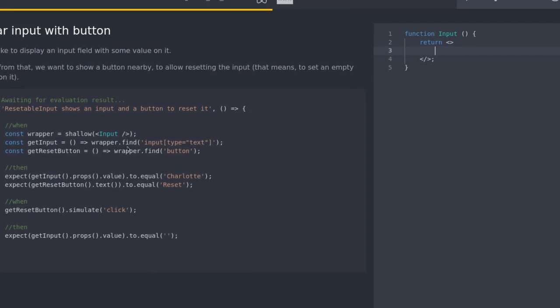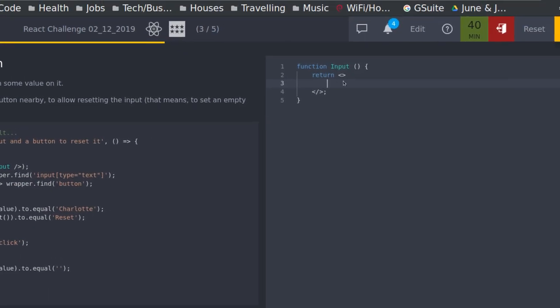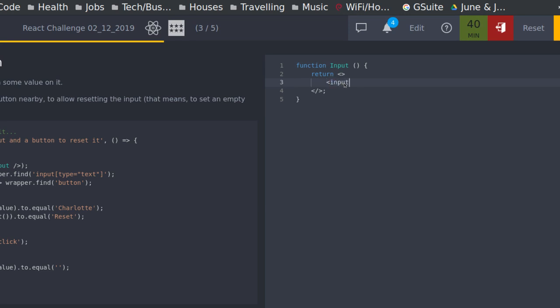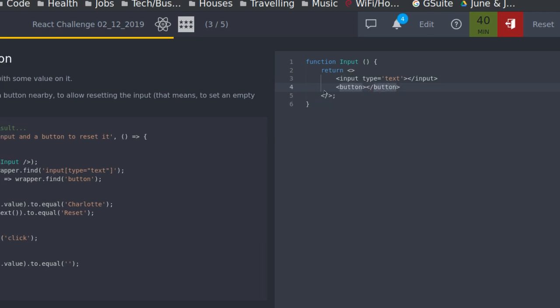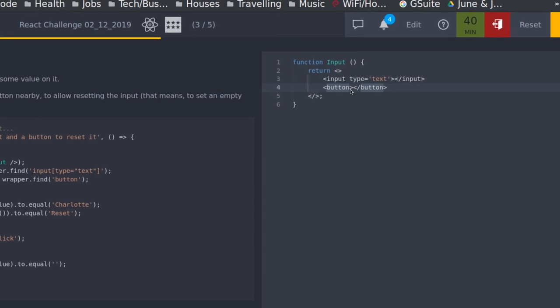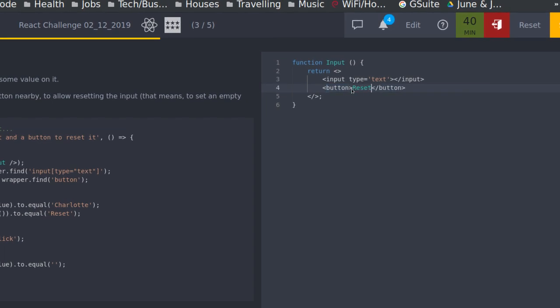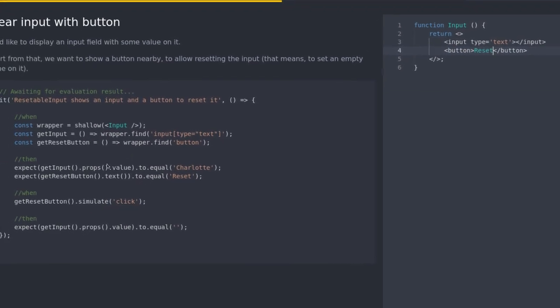Find the input, type text, find the button. So let's put those in so that we can find them. So firstly an input, type equals text. And let's close off that. And then we need a button. And let's close off that. The button should be equal to reset. And get